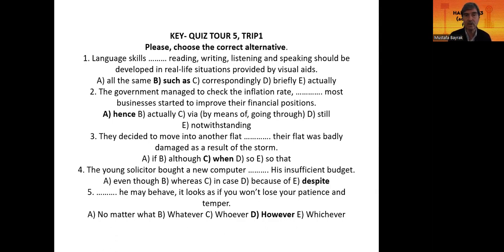The young solicitor bought a new computer despite his insufficient budget. Okay. Opposing situation. Here are two opposing situations. 5. So our next video will be about those connecting, joining the opposing ideas. Okay. 5. However he may behave,